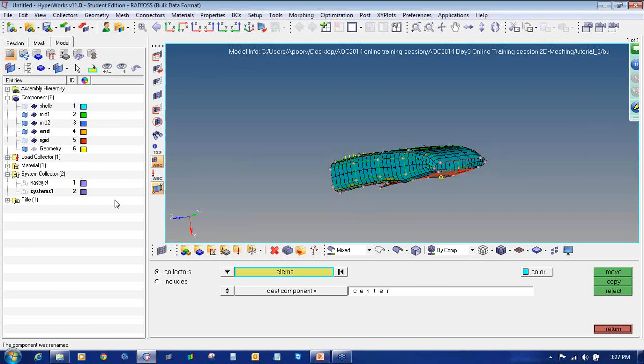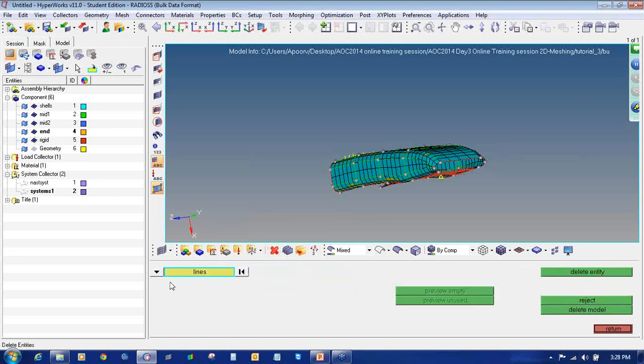Now we will see how to identify the empty components and delete them, because to handle this many components will be very tough and tedious work. So how to delete the empty components, because there are some components which are empty. Go to the delete panel. From the drop box select comps and click on preview empty. Once you click on preview empty, you can see at the bottom it is showing 3 entities are empty. It has selected the empty components which don't contain either surfaces or meshing. So we will click on delete entity. So these components will get deleted, as you can see.